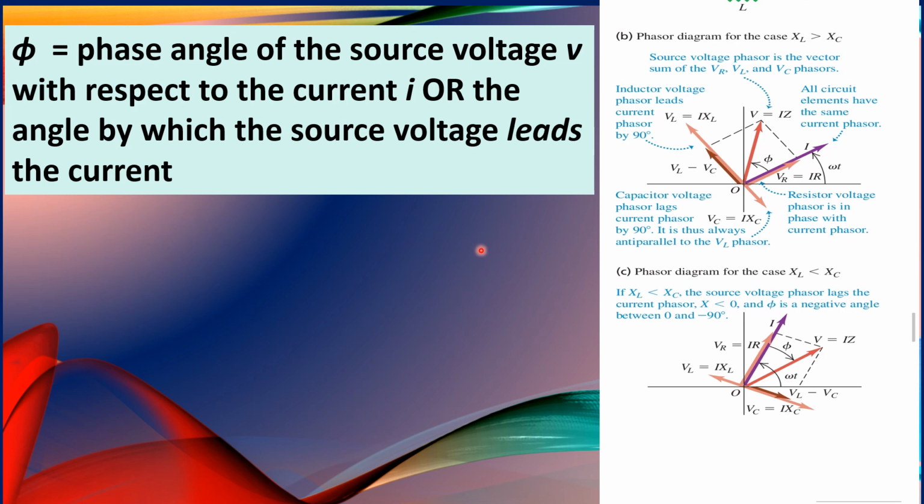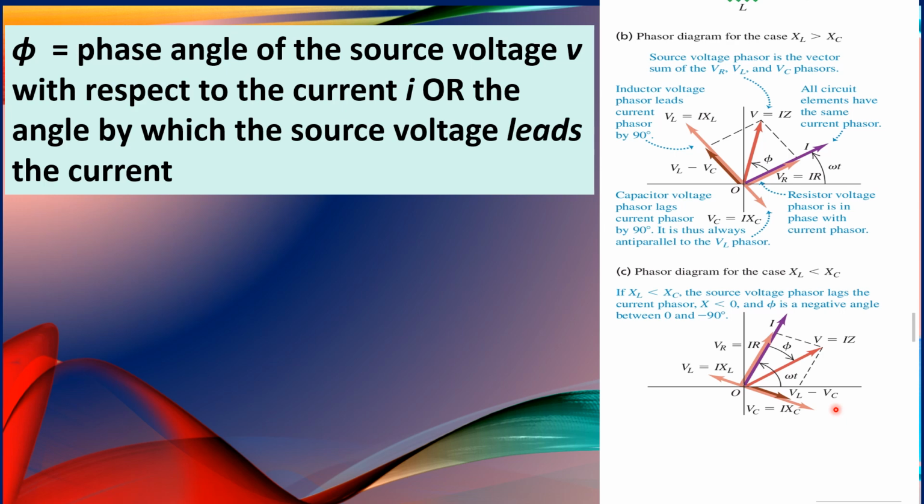So figure B here shows the behavior of an RLC series circuit in which the inductive reactance X of L is greater than the capacitive reactance X of C. Now, the other figure, figure C here, shows the behavior when X of L is less than X of C. That is, the voltage phasor V